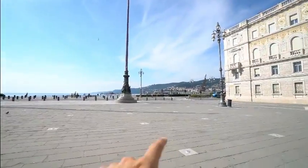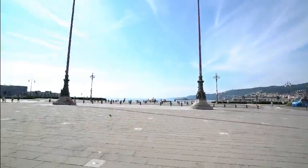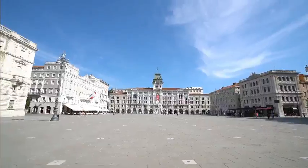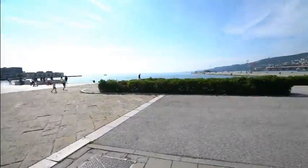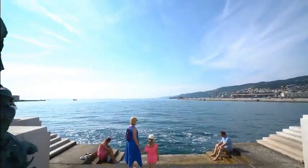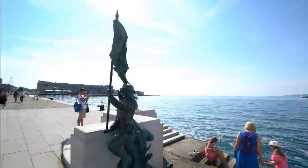They have a pier all the way over there that takes you out to the sea, and you get a nice view in the sunset or the sunrise of Trieste, which I'll try to give you guys as soon as I can. So crossing the street, here we have the ocean and the pier. So here we have this very beautiful entrance and this very beautiful family. There's the pier, the sea,